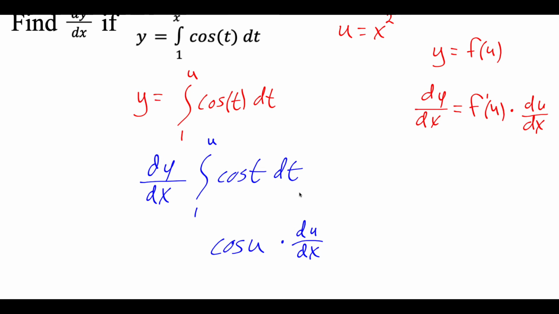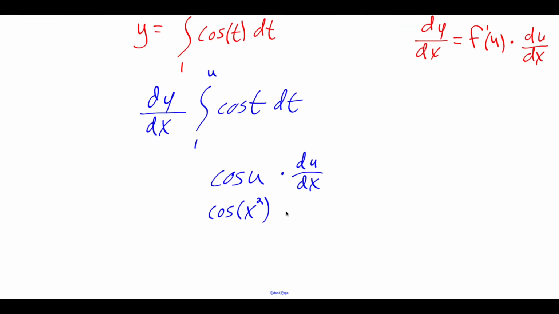Now in here, I'm going to substitute the x squared back in for the u. So this is going to say the cosine of x squared, but now I need to look at what the derivative of that u thing is. So if we know that u is x squared, then the derivative of u is just going to be 2x. So I'm going to replace the du dx with that 2x. Now I'm actually going to pull that 2x to the front, so I'm going to write this as 2x cosine